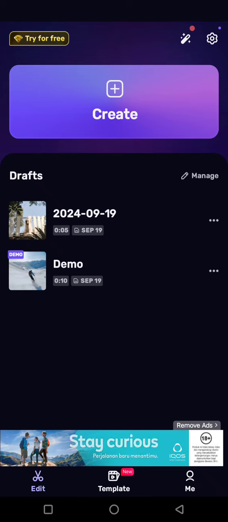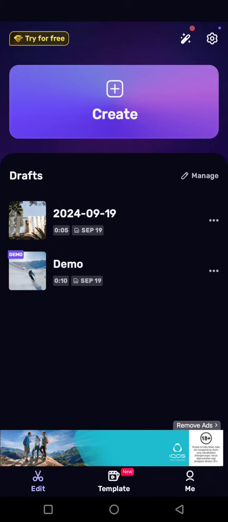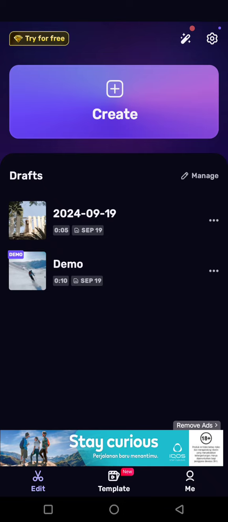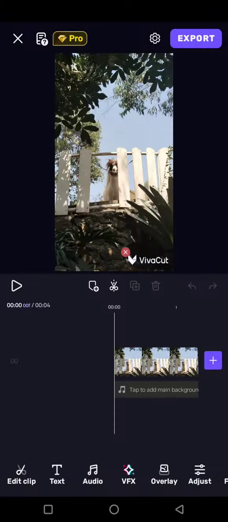On today's tutorial, I'm going to show you how you can remove sound or music from your videos in VivaCut. So in here, I've already opened the VivaCut app. Now you can just open or add the videos that you want to remove the sound from. Here, I've already added mine. This is the video,